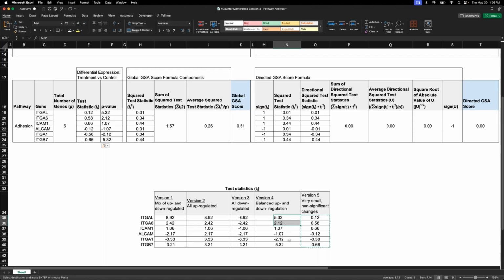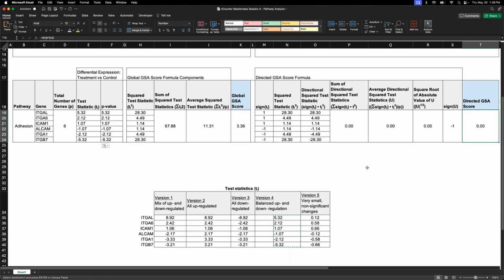The scenario I showed you before is this one here, where you have genes that, in terms of their magnitude of change, up versus down regulation, is significant. Some are pretty strongly upregulated, some are pretty strongly downregulated. Our global score is decent, indicating there's some change happening in this pathway, but again, the directed score is 0. So just keep this in mind when you see values that are close to 0. It can indicate very little change in the pathway, or it could indicate there's a lot of upregulation that's also offset by a lot of downregulation.